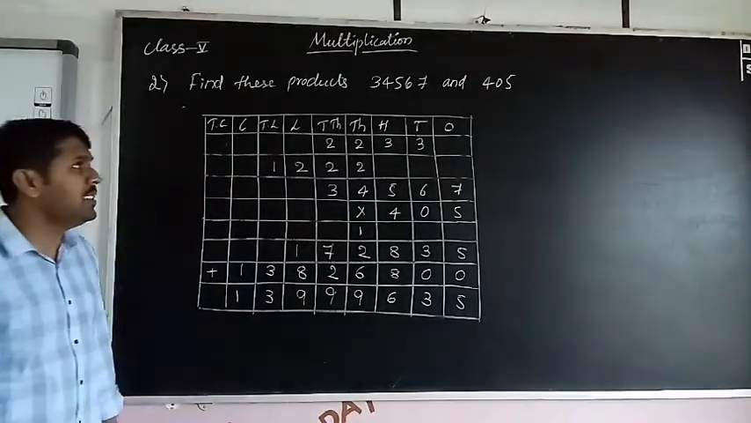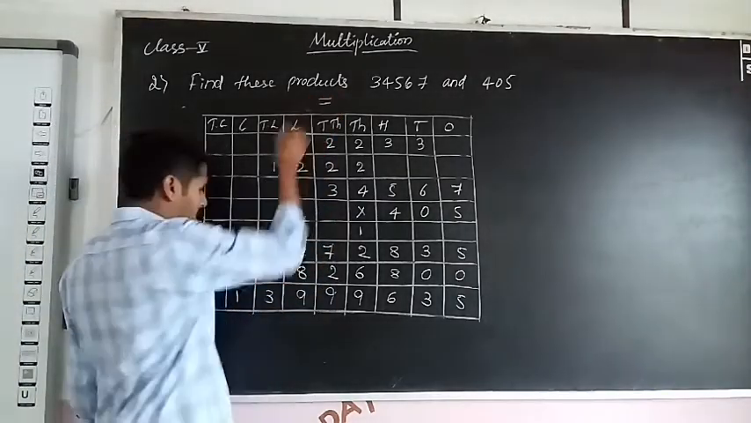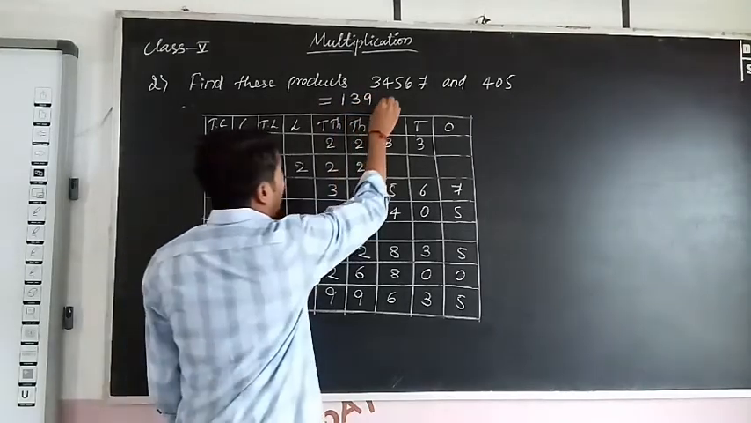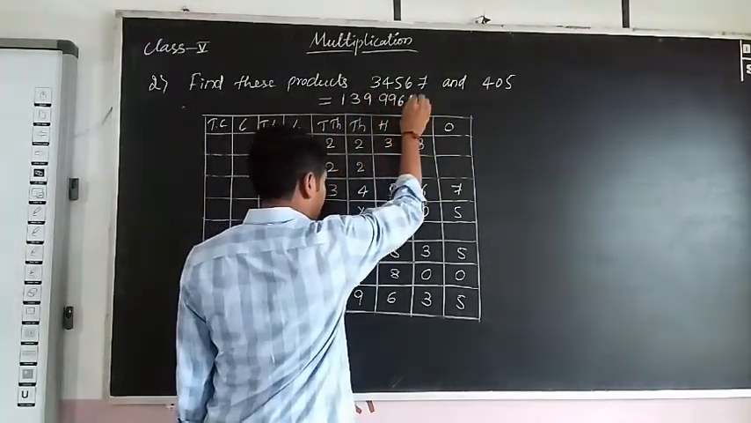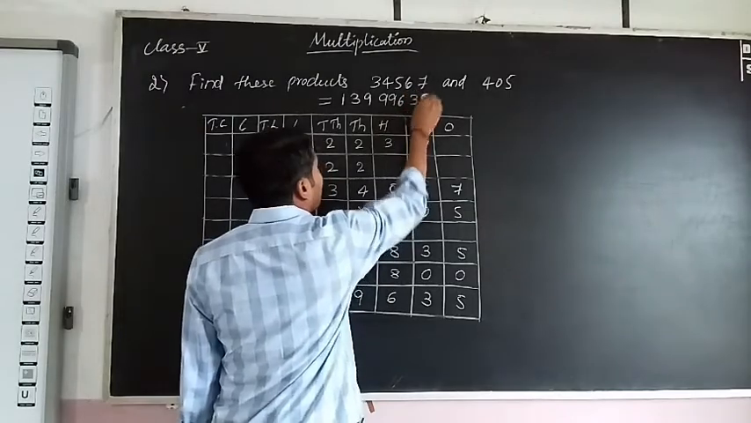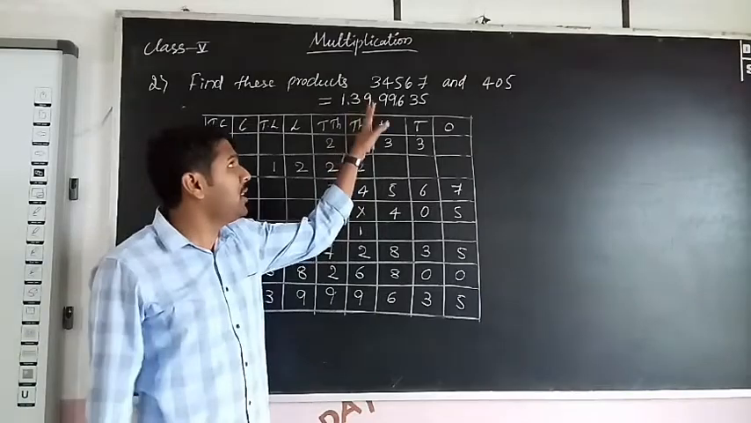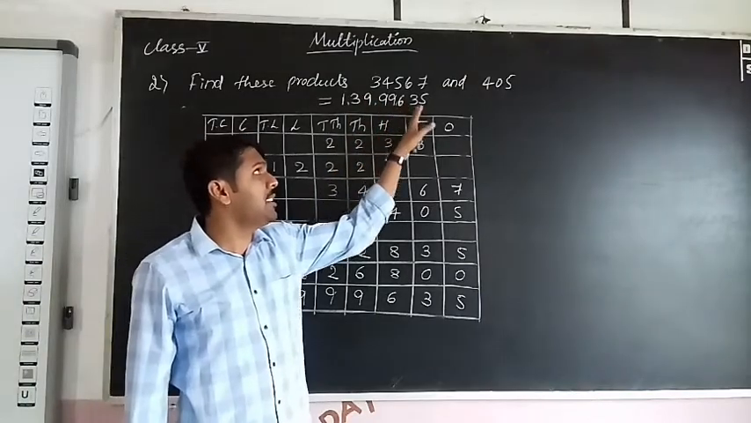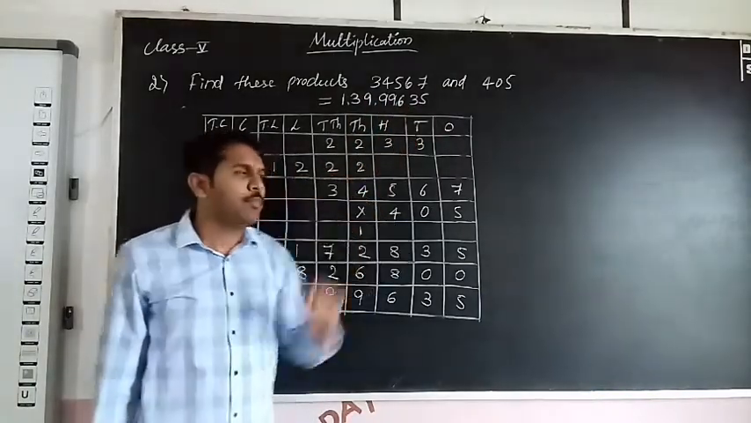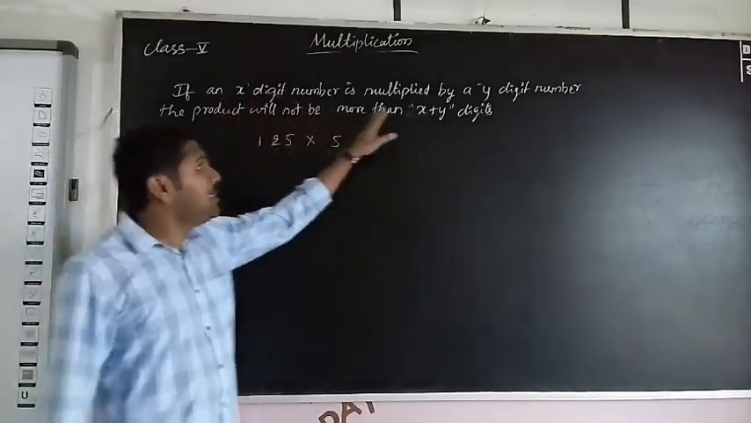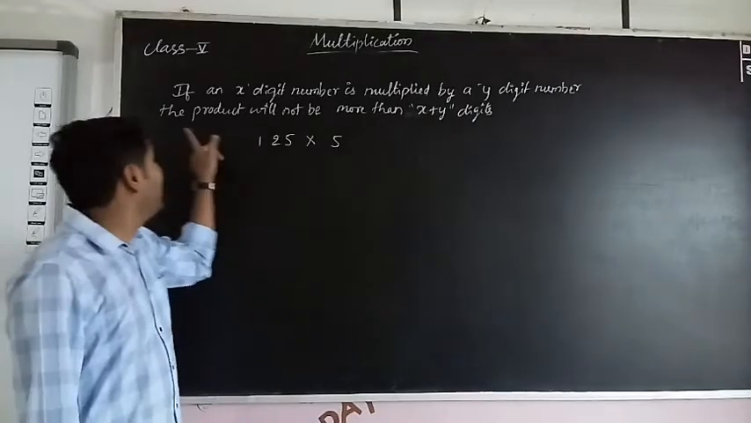So what is the answer? Answer is, so write down the number 139635. So place the commas. 1 crore 39,99,635. Okay. So see here, if an x digit number is multiplied by a y digit number, the product will